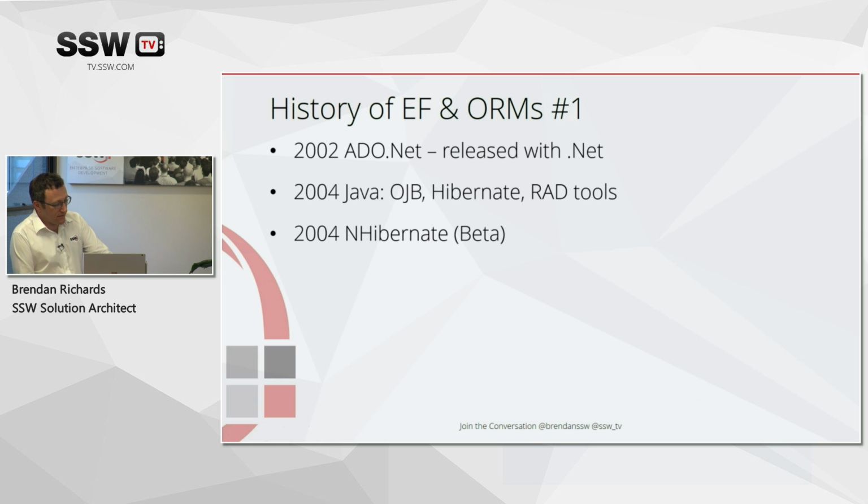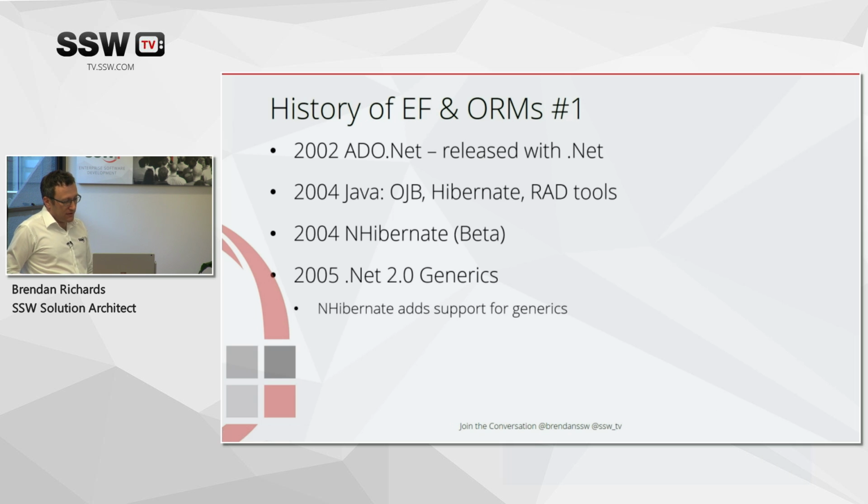Later on in 2004, the very first beta versions of NHibernate came out. So this is really where ORM starts to take off on the .NET space. NHibernate was pretty much a class for class, not exactly, but it started off being a very close copy of Hibernate. So a lot of innovation around the time in the .NET space was just taking Java projects and porting them across to C#. And that was easy to do because C# and Java have quite a few similarities.